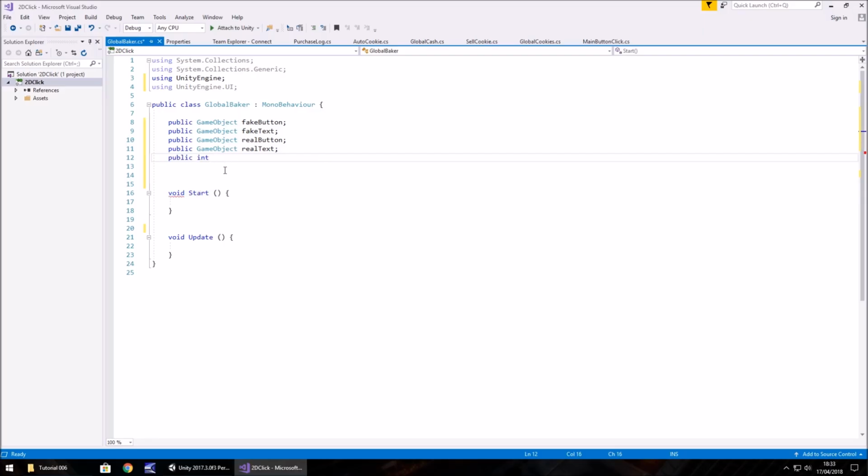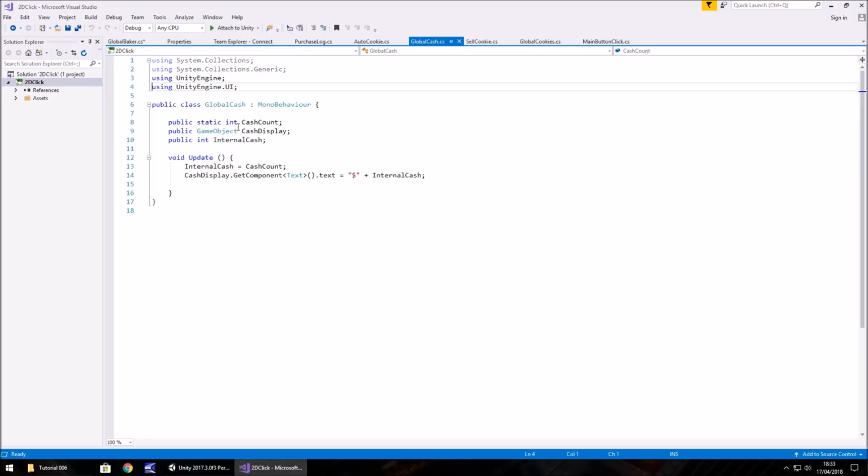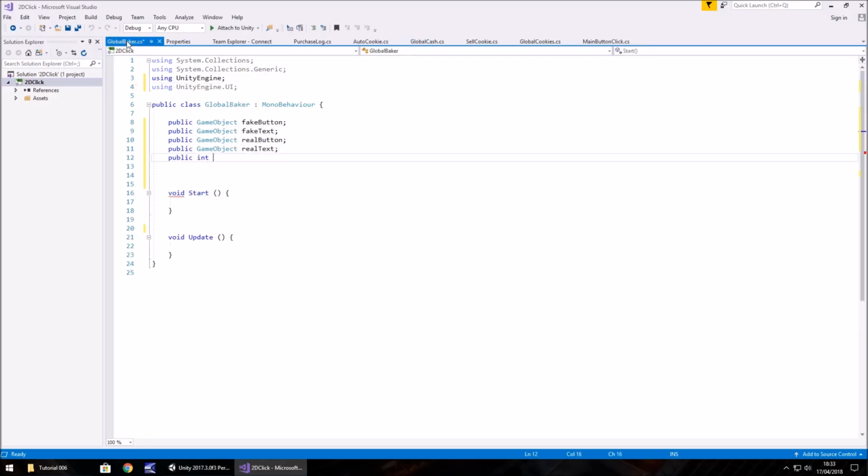Next thing we're going to want to do is have a variable for an integer, so public int, and in fact, what do we call it in our global cash? It's called cashCount, isn't it? So let's rename this and just have this as currentCash; and in good measure for that we'll put currentCash = GlobalCash.cashCount;